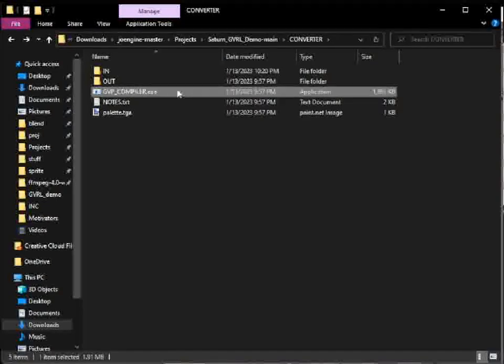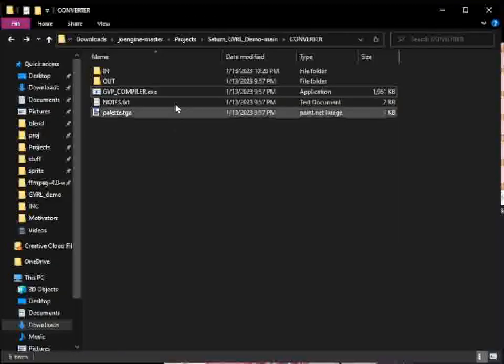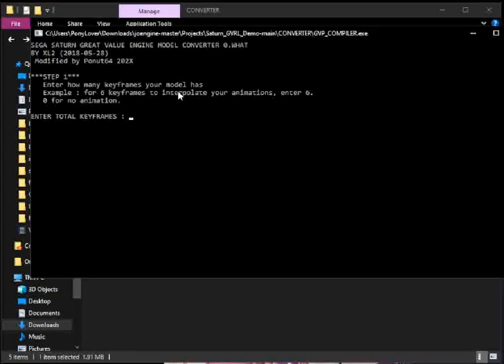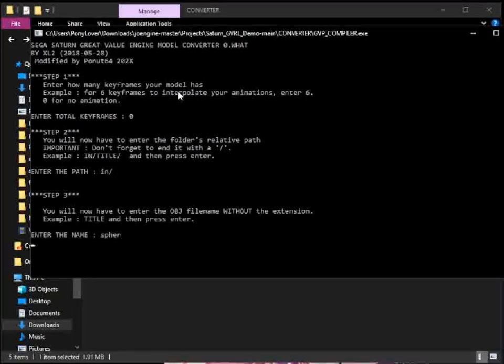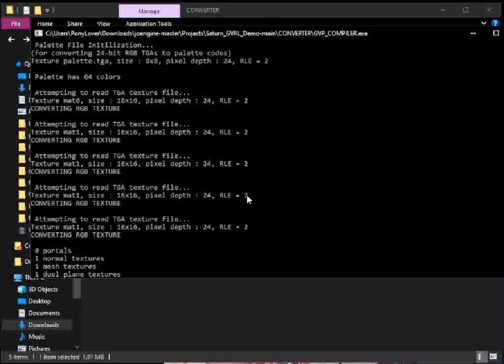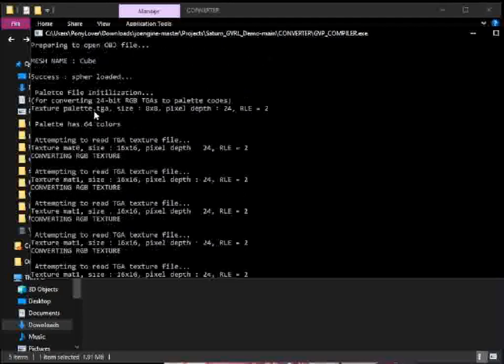We're not gonna, actually we have to. No, we don't. We don't have to export that again. So we can open this 0 in for. You'll notice here it's converting an RGB texture because it found the palette. If it can't find the palette, you actually can use indexed color textures. I'm not going to show you how to do that here, but you can actually use indexed color TGAs. Converter knows how to deal with that. But if you want to use RGB, you're going to have a palette file. I'm not going to cover the palette file here. You can ask me about it later. But for now,